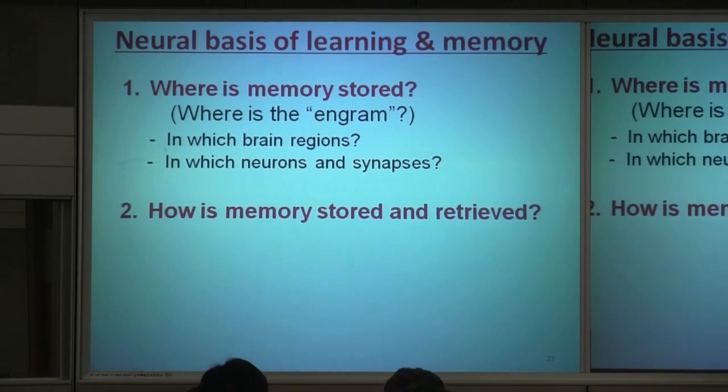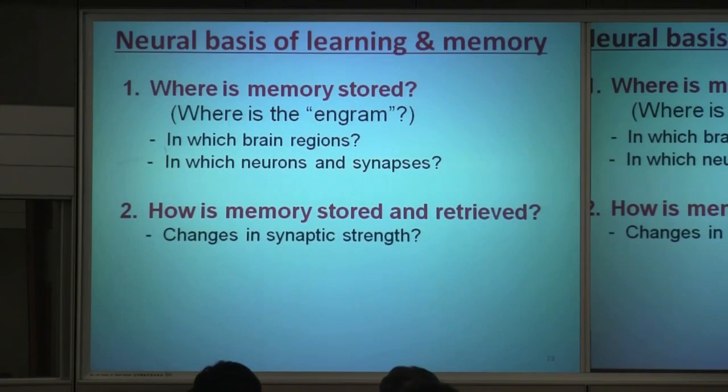And how is it stored and how is it retrieved? We know very little. We know the activity associated with memory will change the synaptic structure. That LTP is what it is. I'll show you later that you have a structural change, but we don't know where that's happening, right? We know there's change in synaptic strength because we show LTP and LTD. You can do manipulation in animals, prevent the animal from generating LTP. The animal's ability to learn is reduced, right?